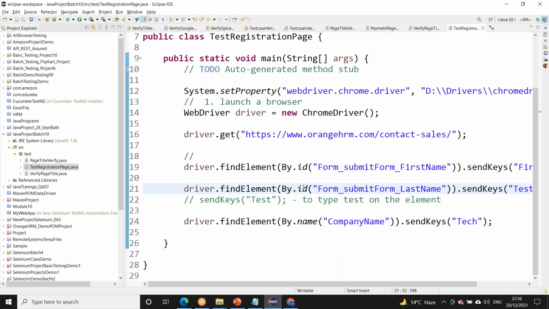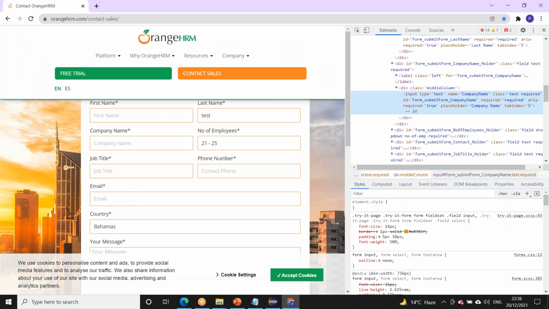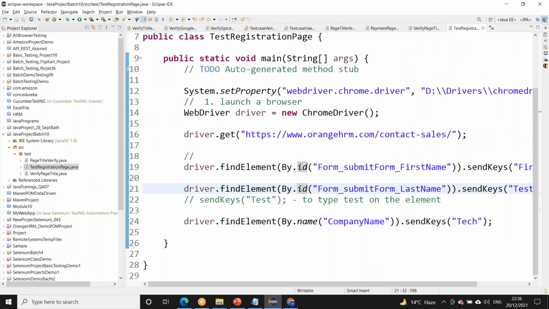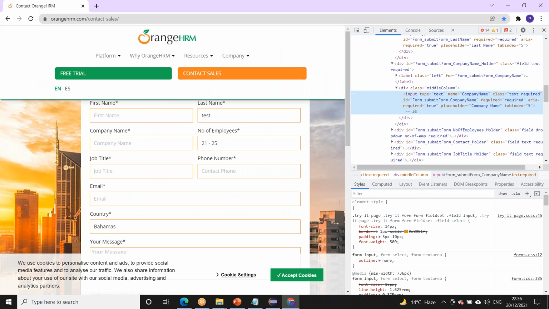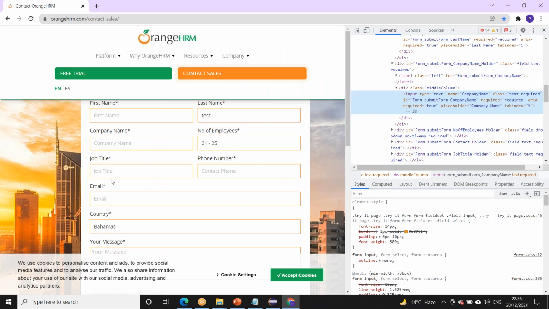So the simplest locators we have are ID and name. So we will see only ID and name today, so we will not get confused with more locators. Like that, you can write for a job title, for an email.